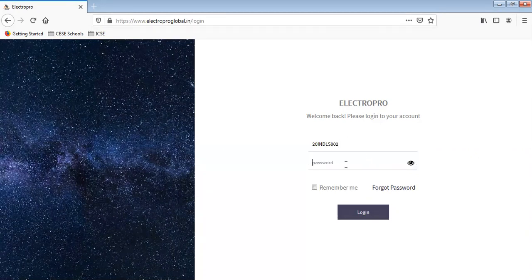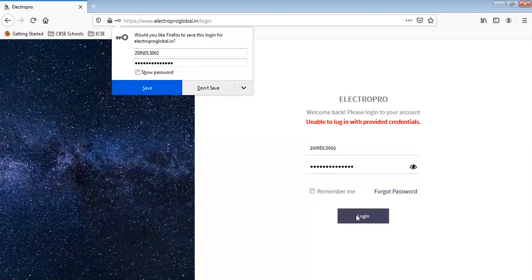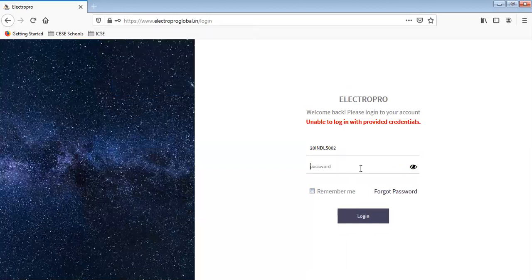Password will be as per you. Once you get the default password, you need to change it once you log in. Please look carefully at the capital and small letters.